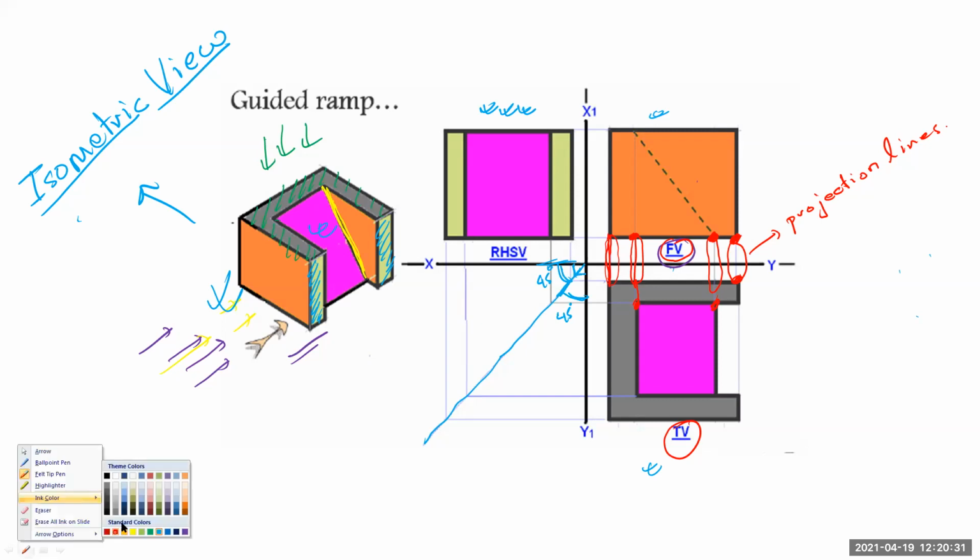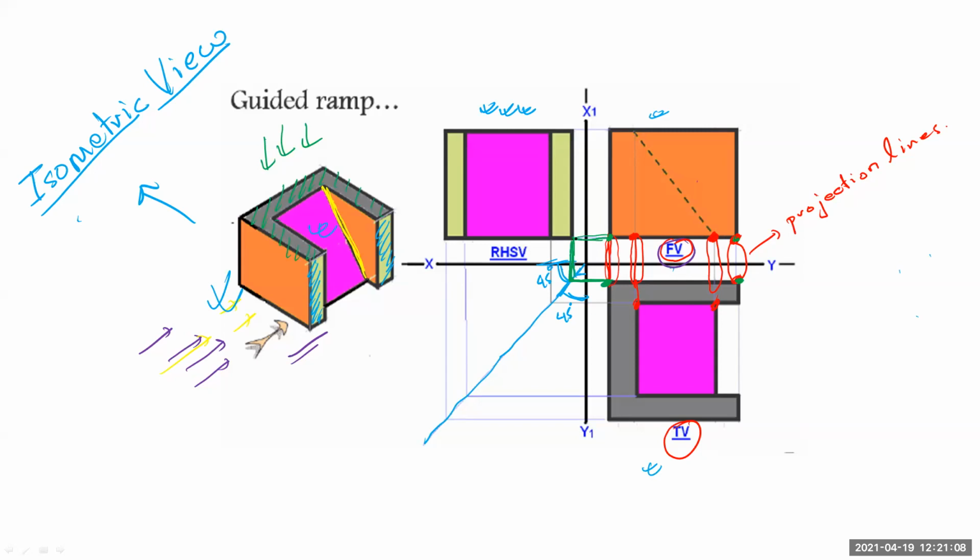After this, you have to draw the projection line once again. For projection lines, I will take this green color. Now, for this corner and this corner, the projection line will remain the same, and up to this 45-degree angle you have to bring one horizontal line, and then again from this point draw one vertical line. The same for the corner points here and here, you have to draw the projection line, and that will come over here.